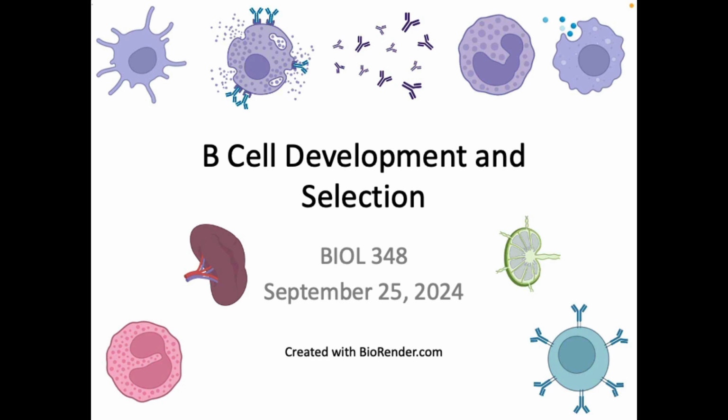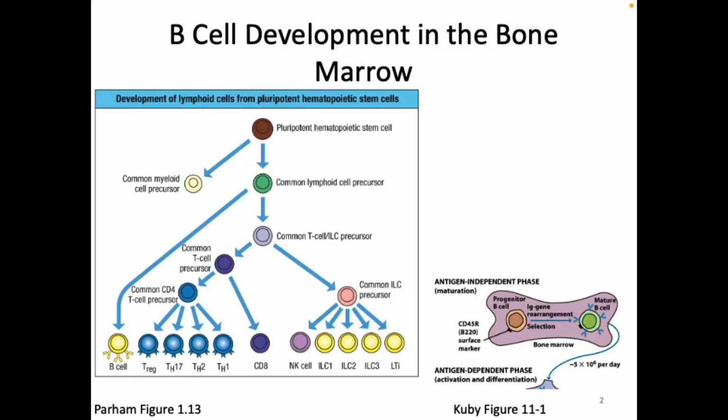Today we're going to talk about B cell development and selection. So remember that we're thinking about B cell development in the bone marrow. This is all coming from the hematopoietic stem cell, which first gets a signal and chooses to either become a myeloid precursor or a lymphoid precursor. So we're in the lymphoid precursor